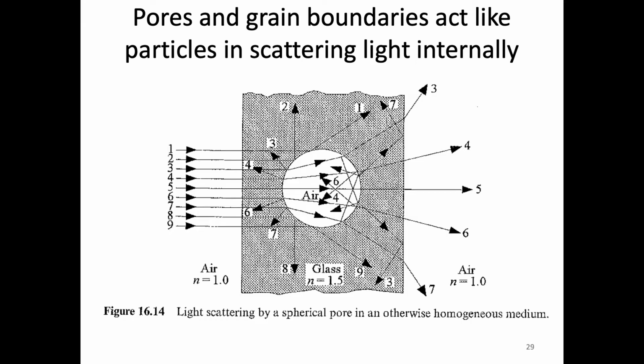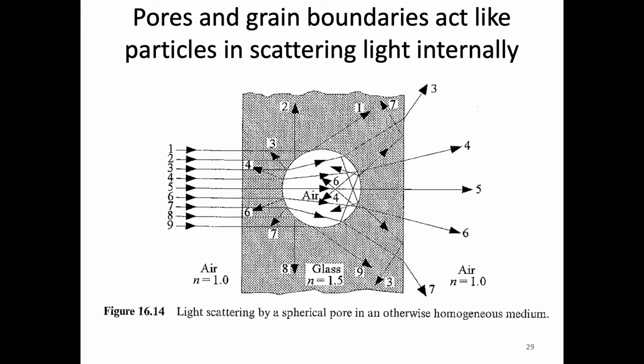And this is illustrated here. We have a piece of glass. There's an air pocket, which is a pore. And we have all this light that's incident, so everything is in phase, going in the same direction. And then as it goes from the glass to the air, there's that refraction, the bending of light from the